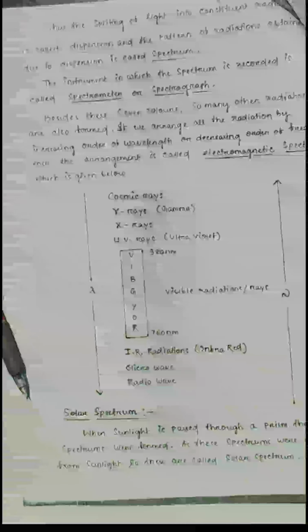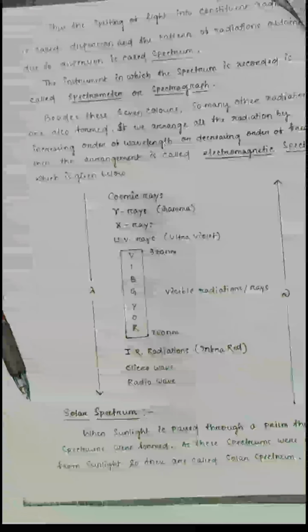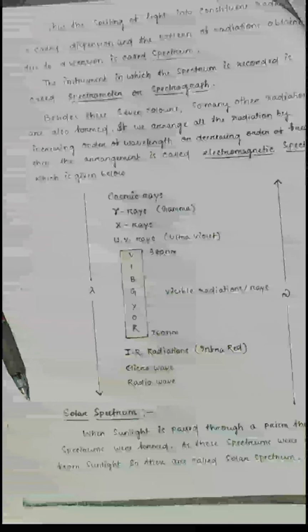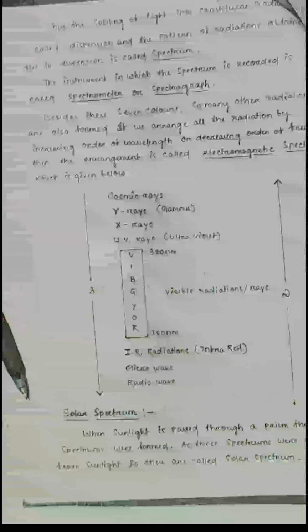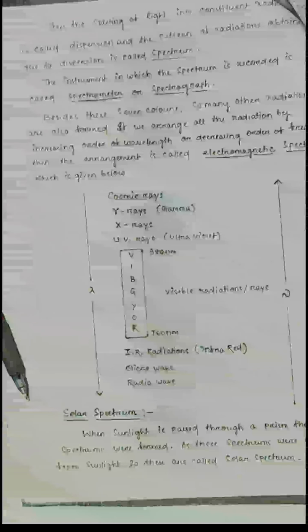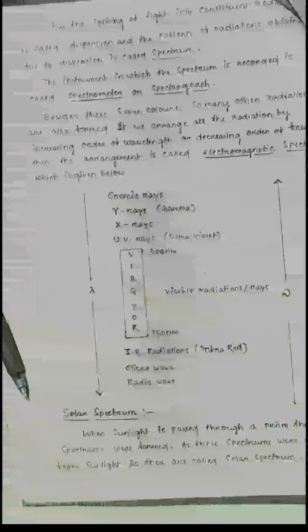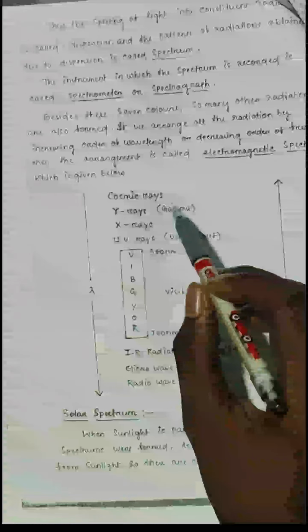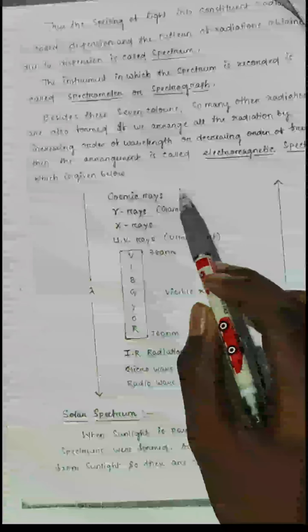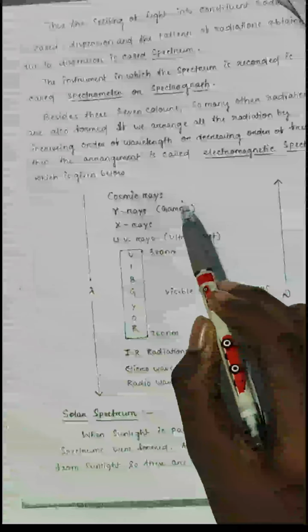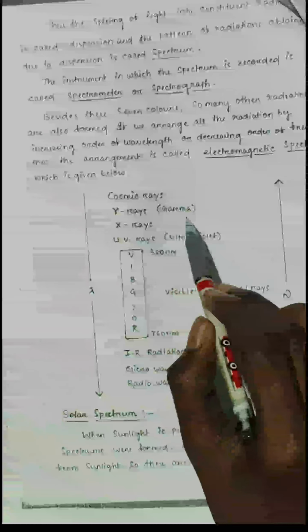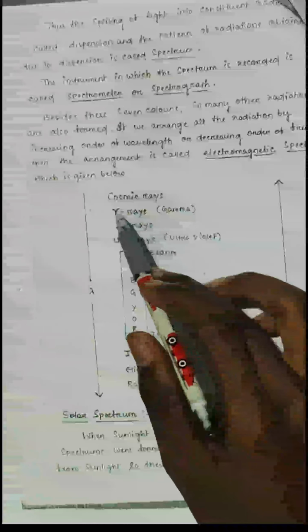Besides these 7 colors, many other radiations are also formed. If we arrange radiation by its increasing order of wavelength or decreasing order of frequency, then the arrangement is called the electromagnetic spectrum, which is given below. You can see here that cosmic rays have the highest frequency, then gamma rays are lesser than cosmic